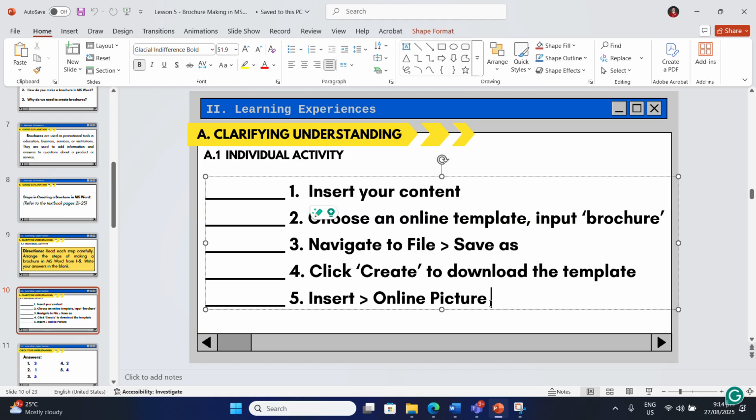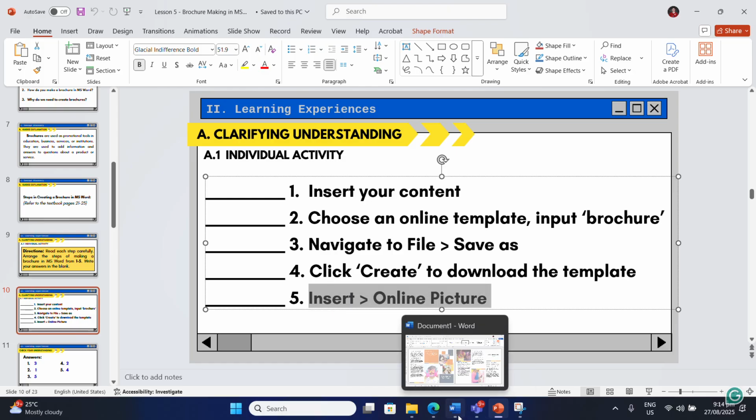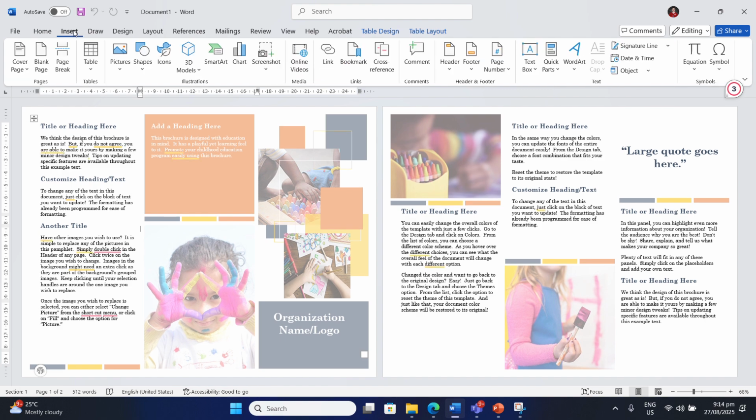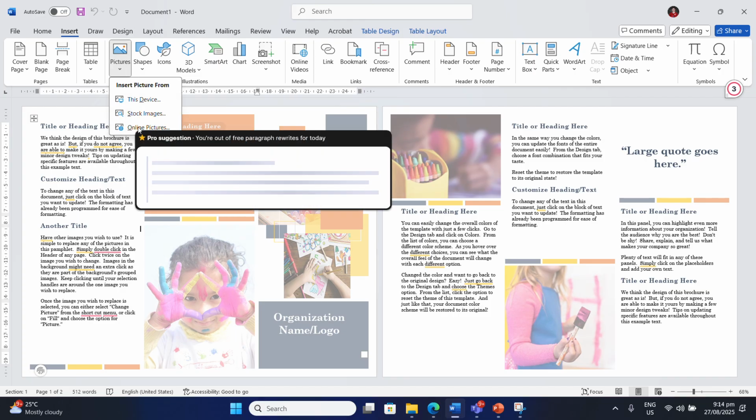So you can also insert, before saving, online pictures. Even though that is not an online picture, you go to the insert tab and then there is a pictures option here, which you can use from your device or online pictures that you can search from.